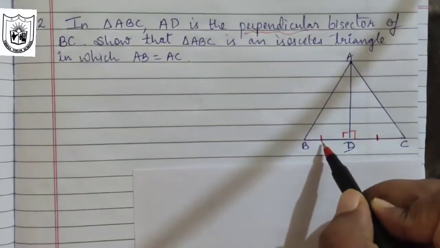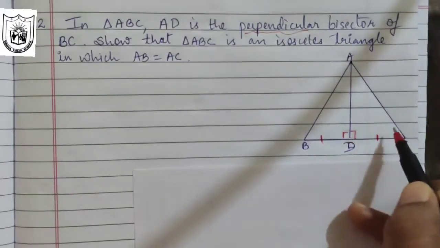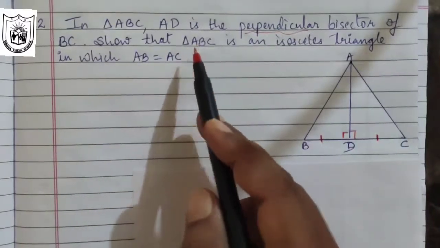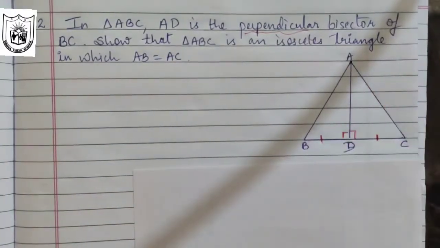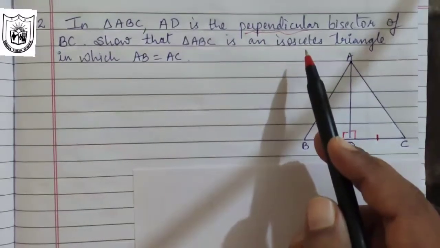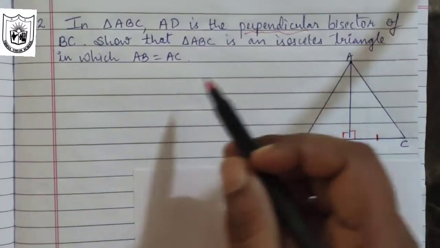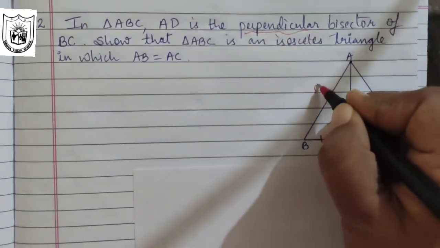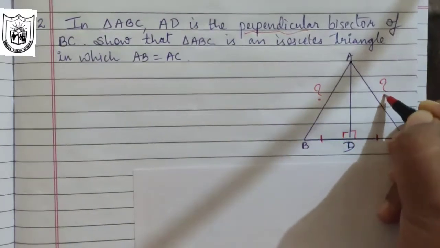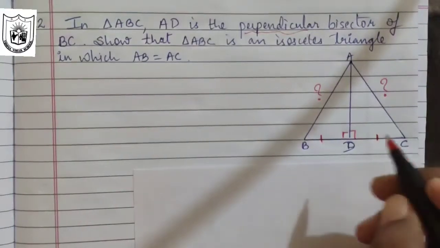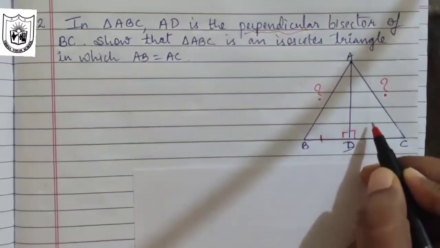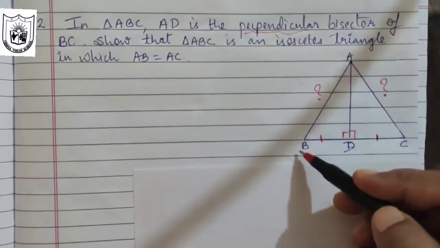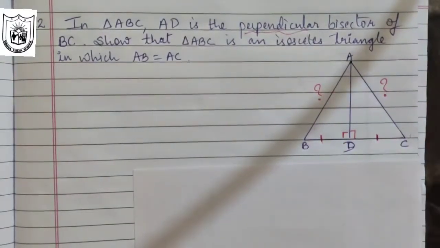So we have got one side here and we have got one angle in both the triangles. We have to show that triangle ABC is an isosceles triangle in which AB and AC should be equal. Now we know the property of an isosceles triangle, that two sides should be equal, that is AB and AC. So this line segment AB and AC should be equal. This is what we have to prove. So if we can prove that both these triangles are congruent, definitely then we can say that AB and AC will be equal by CPCT, because they become the corresponding parts of the congruent triangles.